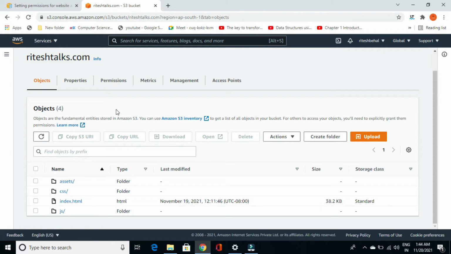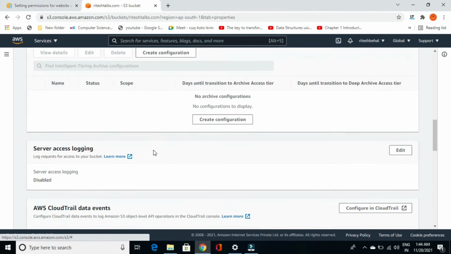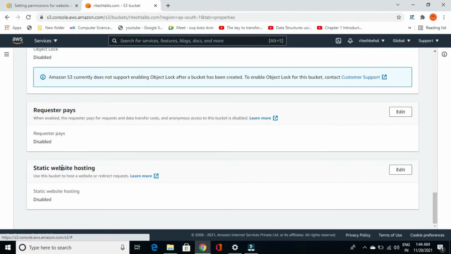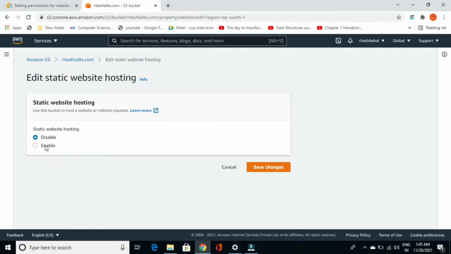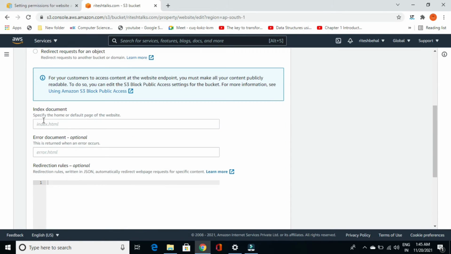Then, the second step, you need to go into the properties and enable static website hosting. You need to click on edit and then enable host a static website, and by default it will ask for an index document.